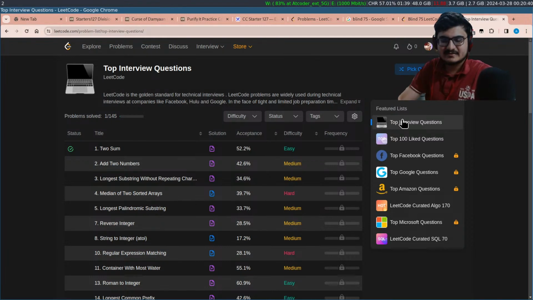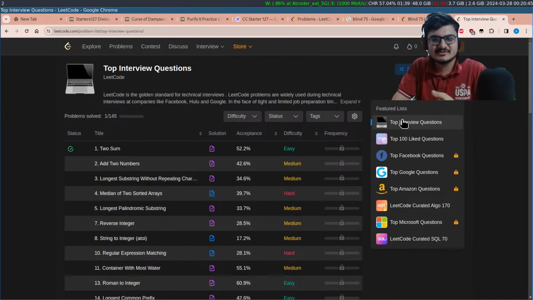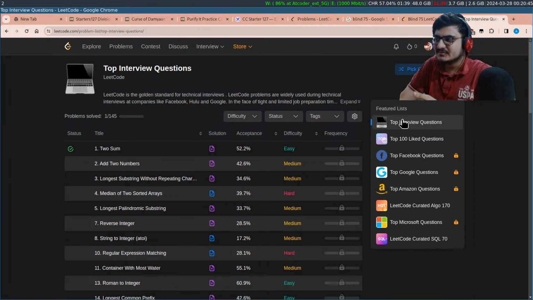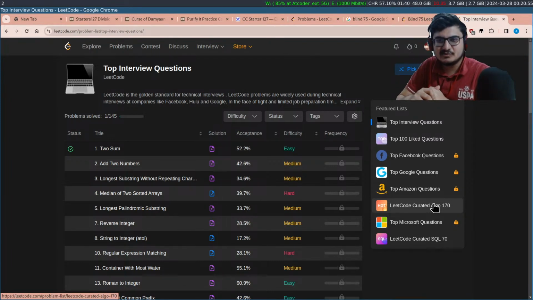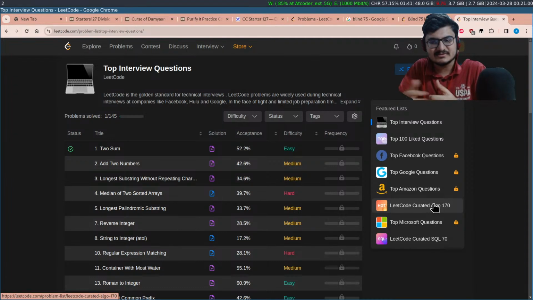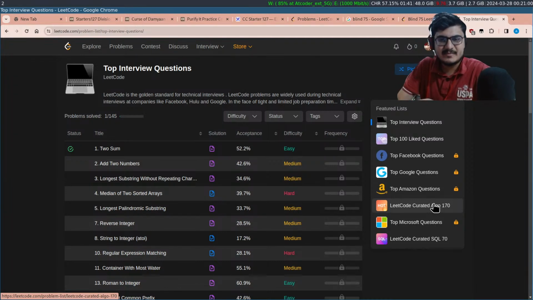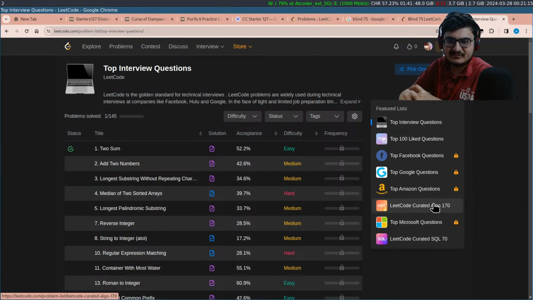The only way to get good at LeetCode problems is by solving more LeetCode problems. So you can pick sheets like this to go more in depth. There are LeetCode curated lists as well. You can pick any of them and start with one. Let's say you have solved 75-80% of the problems from one sheet. Then you can try to optimize the remaining problems, or you can just switch to another sheet. That would also work. Because LeetCode has 3,000 problems, just randomly solving 3,000 may not lead you anywhere. That would be the way you can start solving LeetCode problems.